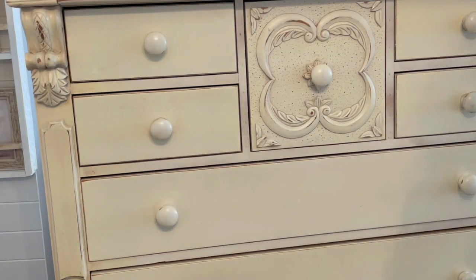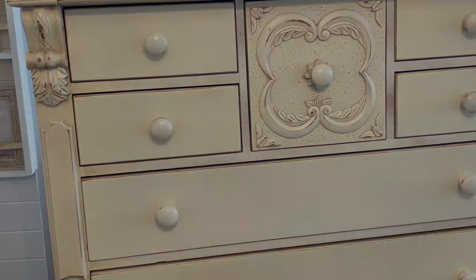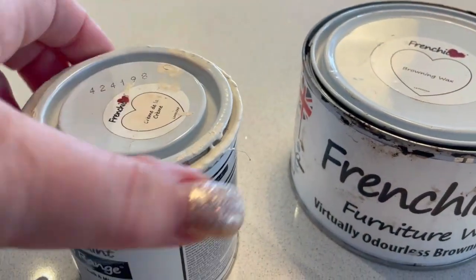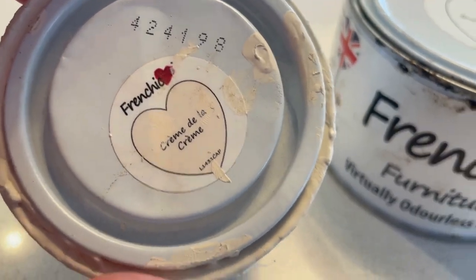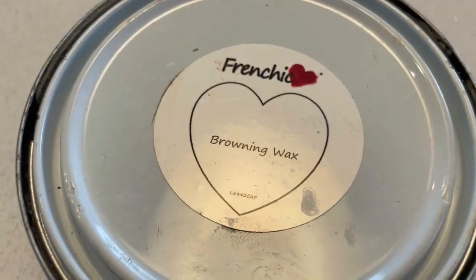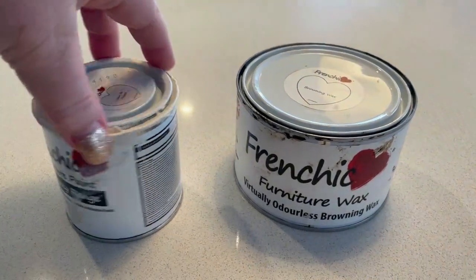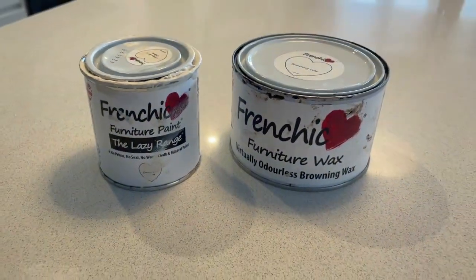Guys, I absolutely love Facebook Marketplace. You can find the most wonderful decor there. I really love the French provincial look, and I was really excited when I found this chest of drawers and bedside tables on there. I decided to give them a little makeover, guys, which I didn't film on camera, but these